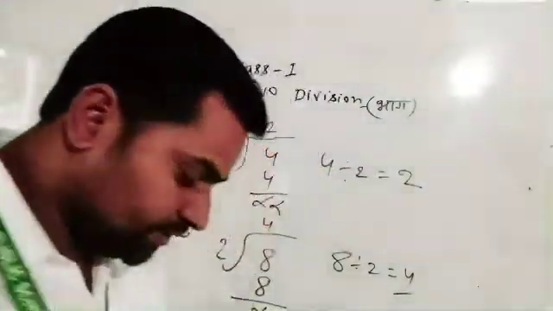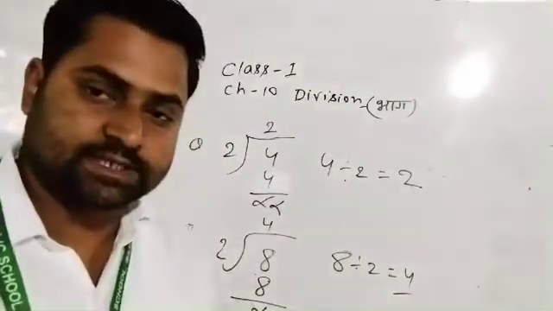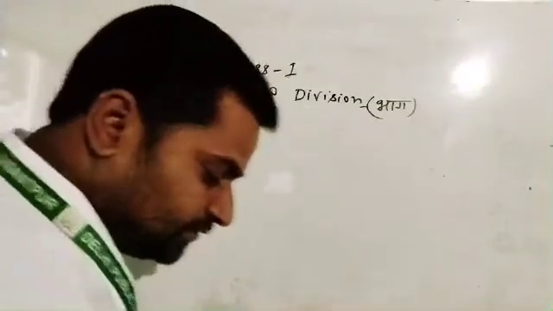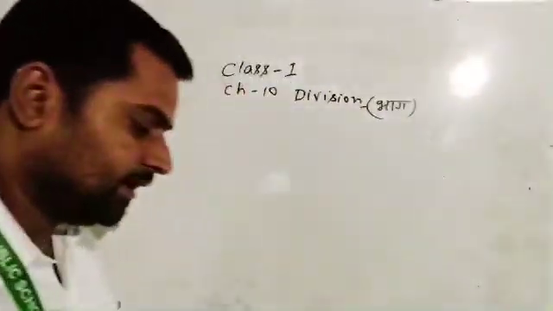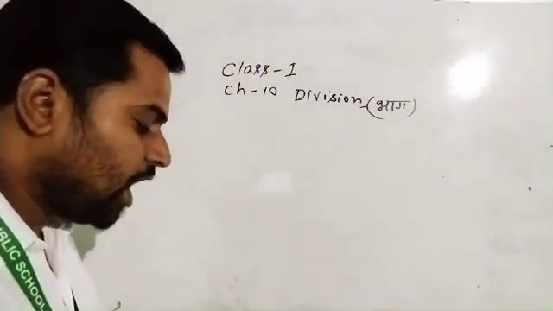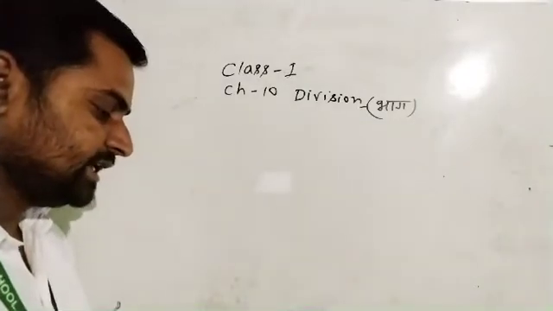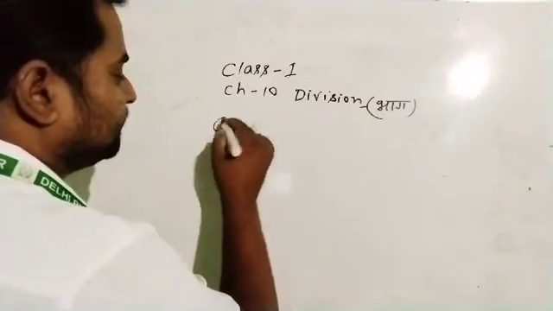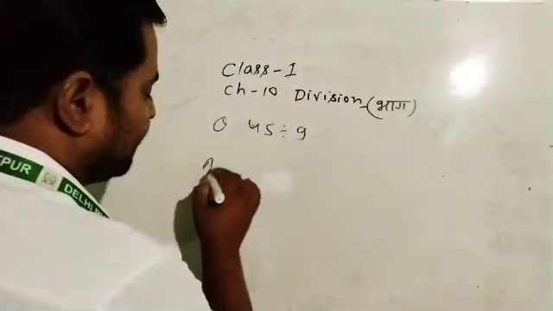And after that, on your page number 83, these are the word problems. I am explaining them one at a time. Your first question: Sachin buys 1 liter of milk for Rs 90. How many liters of milk can he buy with 45? So students, in this question, first you write 45 divided by 9 and you write the answer.